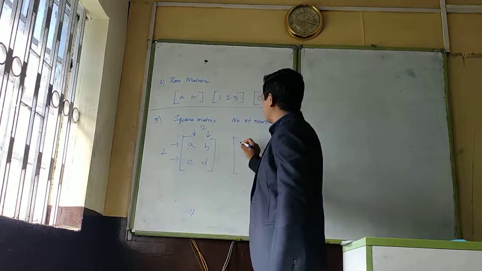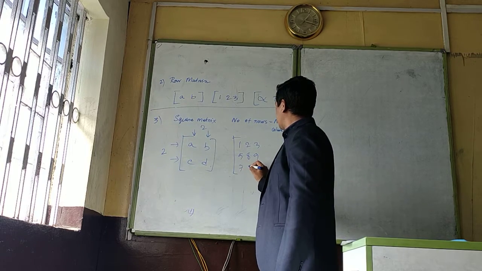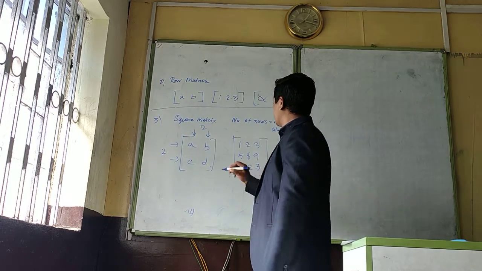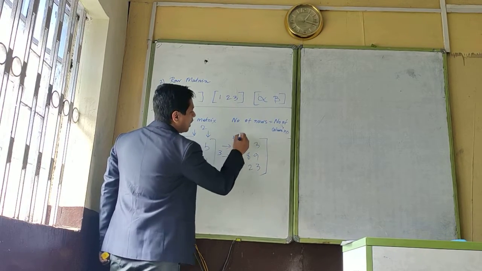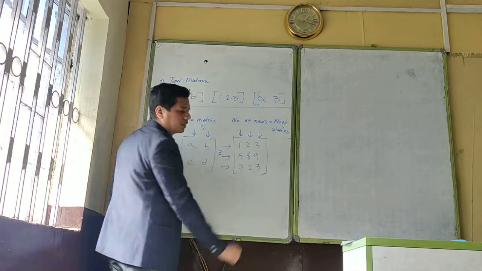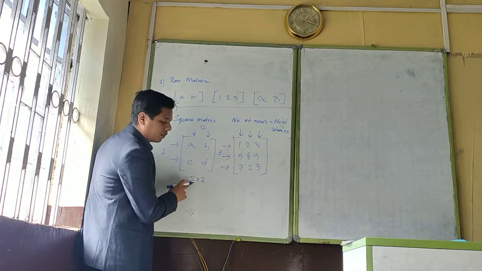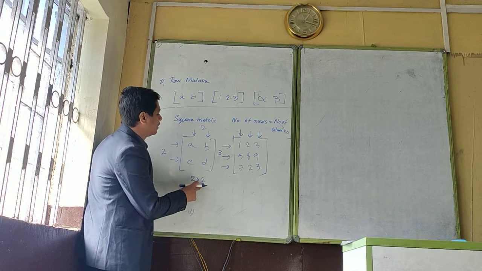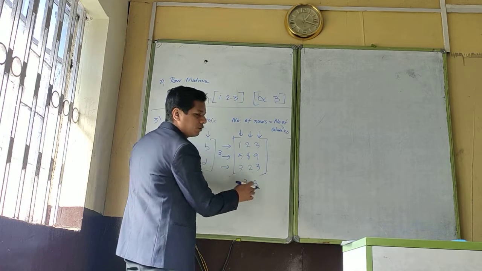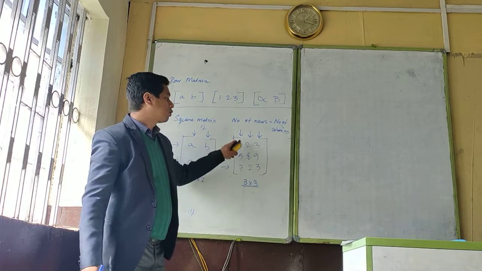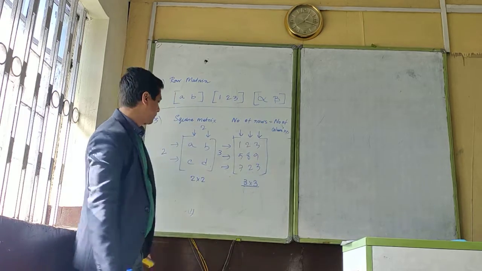Let's consider one more example. Here also you can see that the number of rows is 3 and the number of columns present in the matrix is also 3. We concluded that the earlier one was of the order 2 into 2: number of rows the same, number of columns also the same. So this is a square matrix. Similarly out here, 3 rows, 3 columns. The order is 3 into 3, 9 elements, and this is also a square matrix because the number of rows is equal to the number of columns.